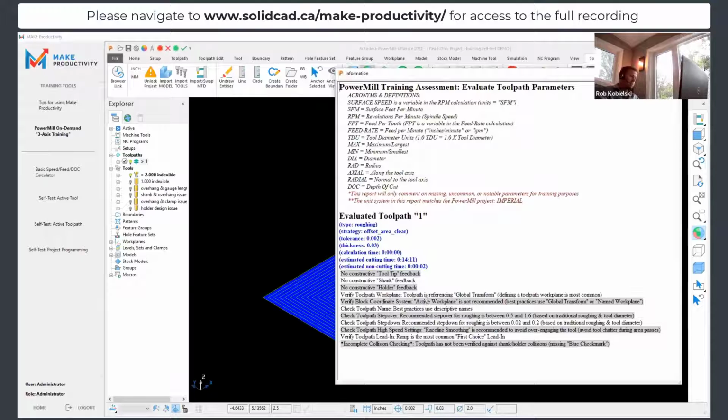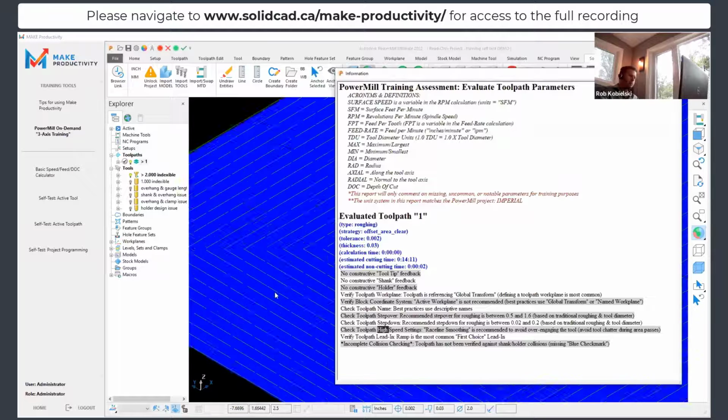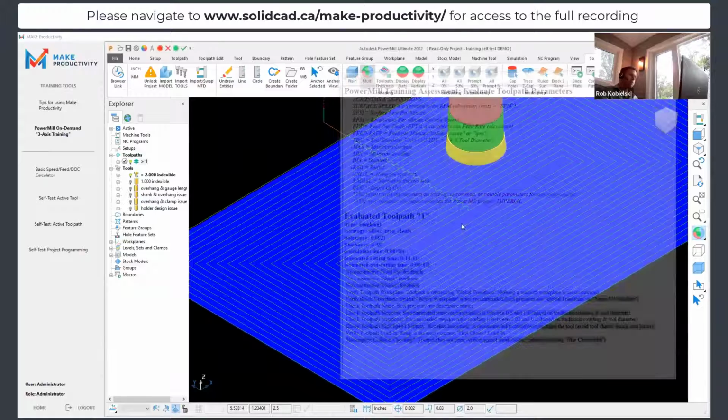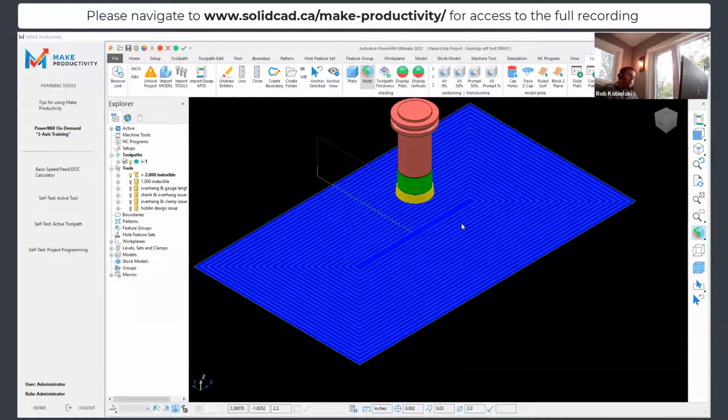It gives you some suggestions like, hey, take a look at your coordinate system. Take a look at your work plane. Take a look at your step over. Maybe you can improve on your high-speed settings so you can get some arc fitting between your toolpath segments. Items like this that maybe a newer programmer may not be familiar with, it'll draw their attention to and improve